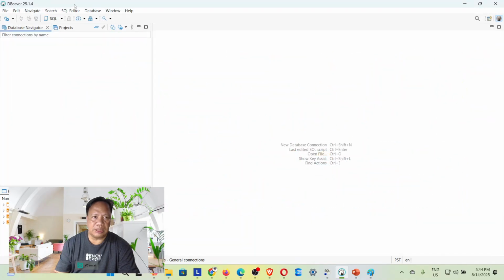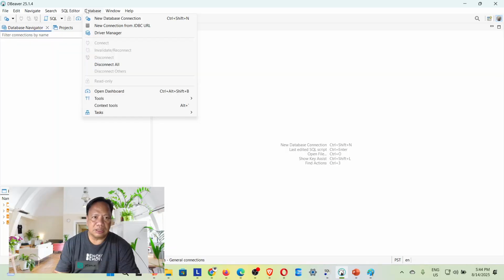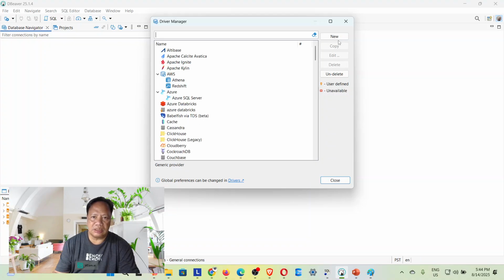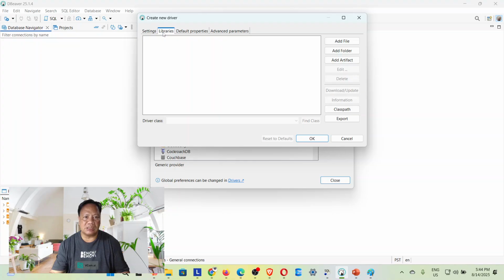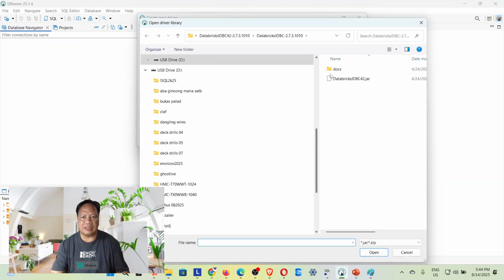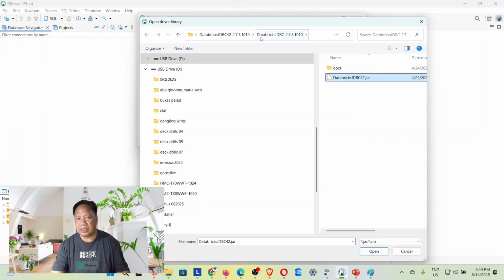It's done in this manner: database, the driver manager, and then create new, and then driver name, Azure Databricks 01, let's say for example. Then go to the libraries, and then add file, and then you expand those JDBC, choose that jar, click OK, click open,